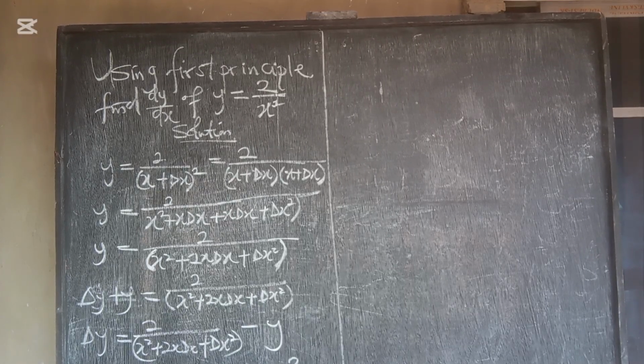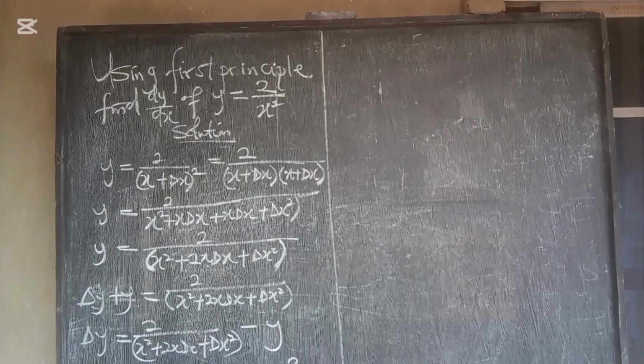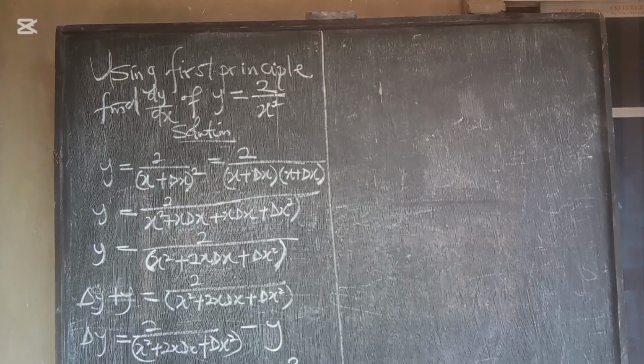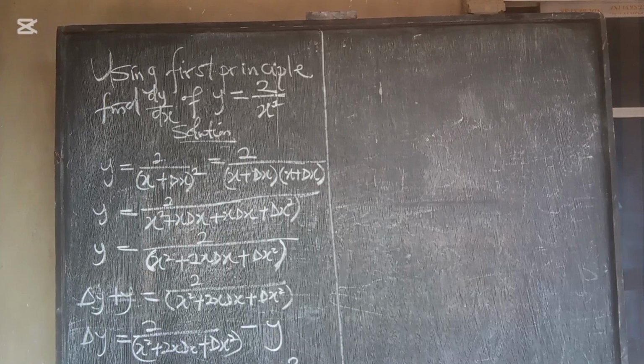Once I say change in y is equal to, now I want to remove both, it is not possible for me to cancel 2 with 2, nor x square with x square. The next thing I'm going to do for you is to find the what? LCM. What is the LCM of x square and this? I'm going to have x square into bracket of x square plus 2x change in x plus change in x